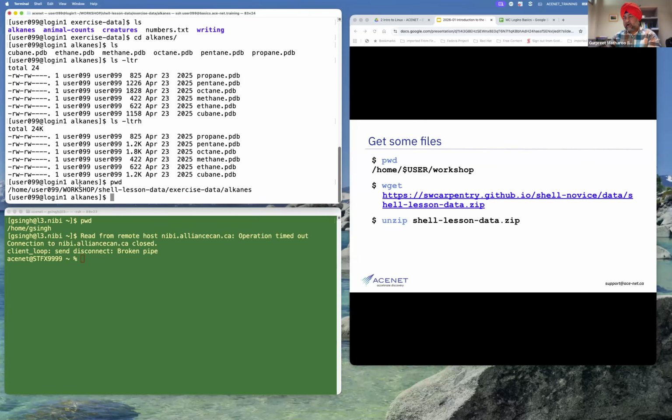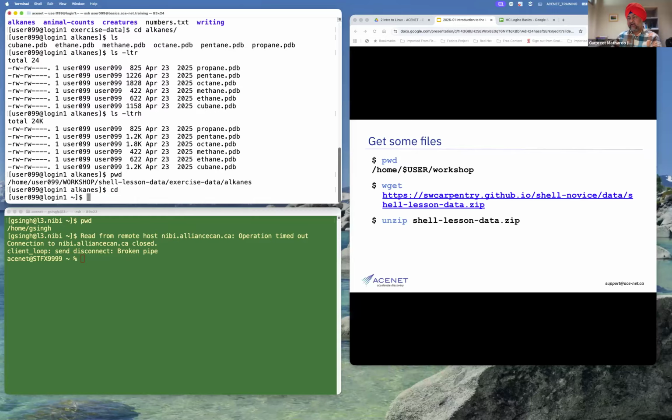pwd, look how far down we are from the top. And as I said, if I want to go right to my login directory, press cd and just press enter. So it's going to take me back right over there. Okay, so you will get used to all these commands by practice.